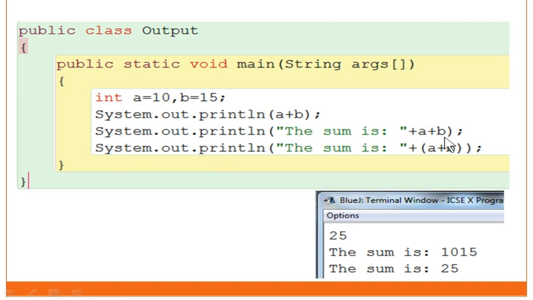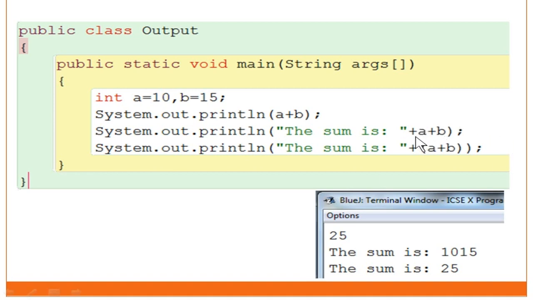Second, you can see that something is unusual. It's printing this message "sum is", then close double quotes, after which you have a plus sign, then a plus b. By the naked eye you can see it will add the numbers and then print the sum of these two variables.